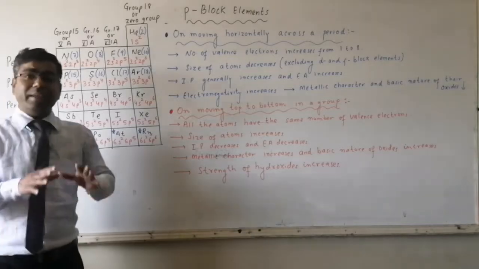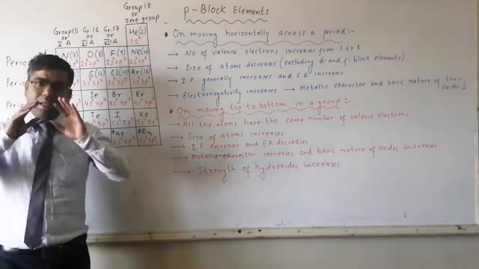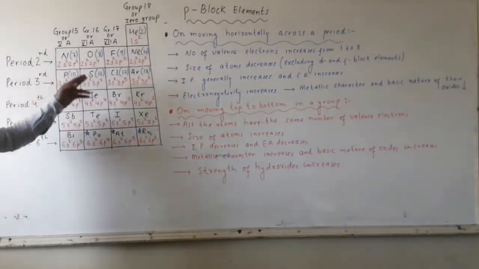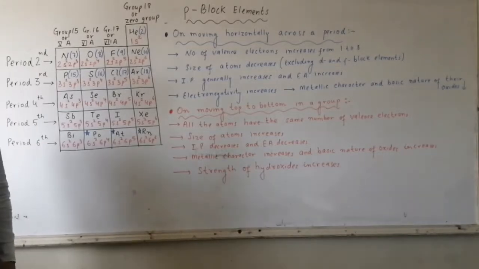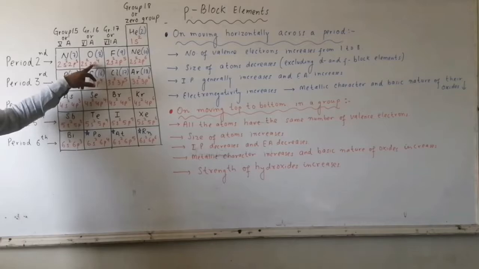Group number 16, having general electronic configuration as ns2 np4. n here represents valence shell. So oxygen is a member of period second, so valence shell will be your second shell. So general electronic configuration is 2s2 2p4.